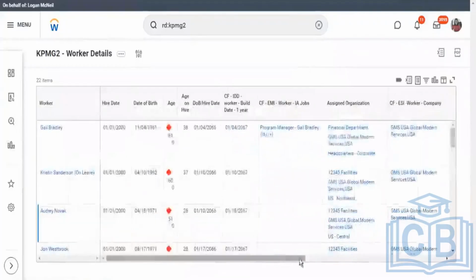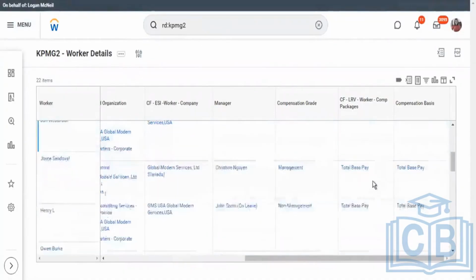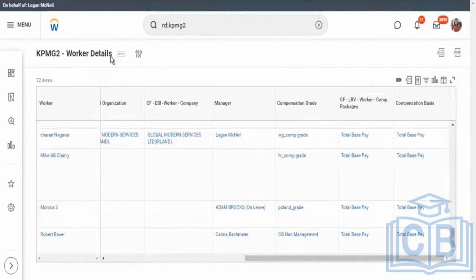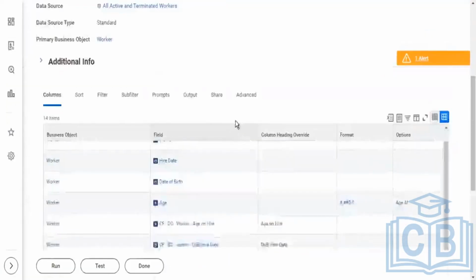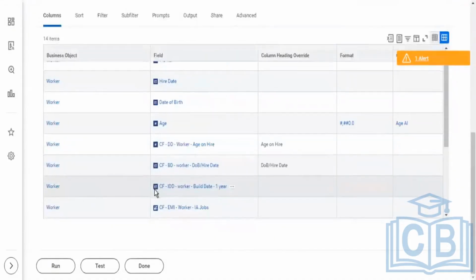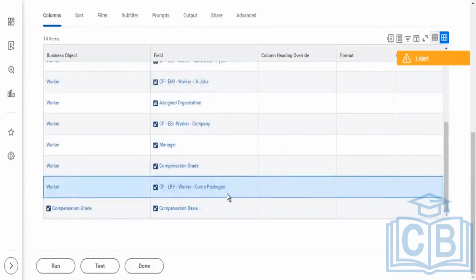If you see this information, the compensation basis, which otherwise I had to pull through a compensation grade. By adding that related business object, I'm able to directly pull, or using the worker business object itself directly, through the worker business object I'm able to pull grade. And now, once I've created this calc field, as I mentioned, I can then use it directly on a matrix